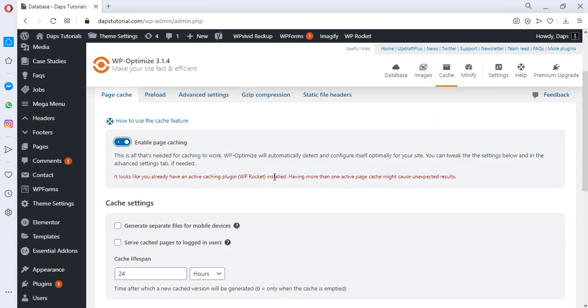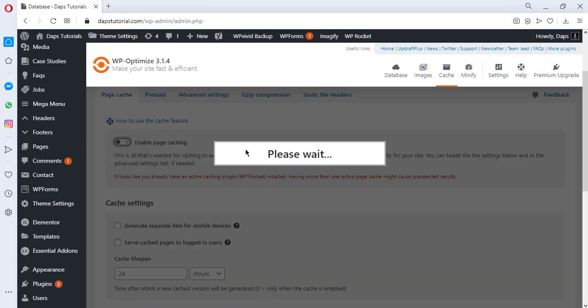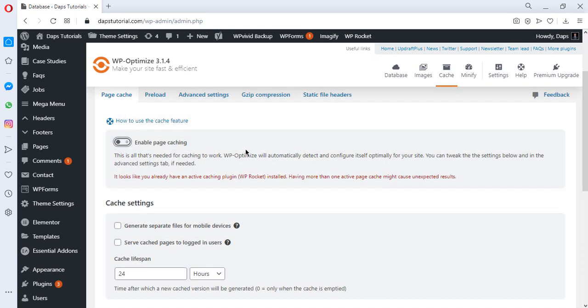But again, there's a warning here that says that WP Rocket is already caching my page, so I've got WP Rocket installed on this side, so there is no need for me to do that here. WP Rocket just has a more robust feature set than WP Optimize, and is highly preferred by me. Other people might argue this with me, for people who prefer to use WP Optimize. Well, that's good, but for me, I'm more comfortable using WP Rocket to manage my optimization for